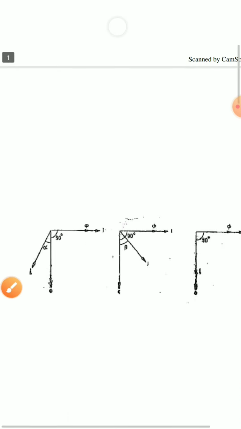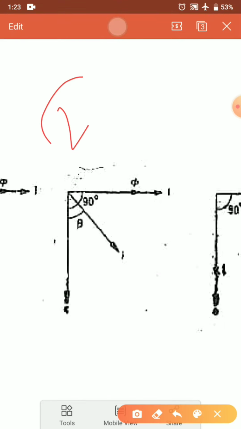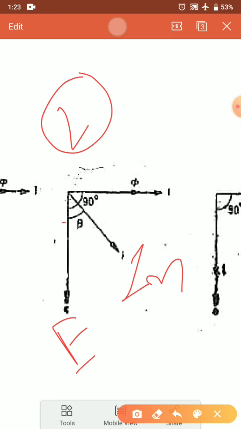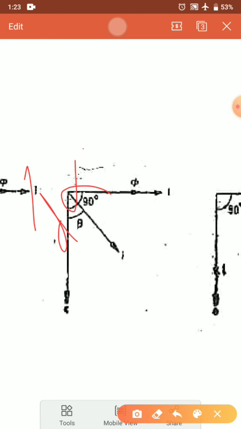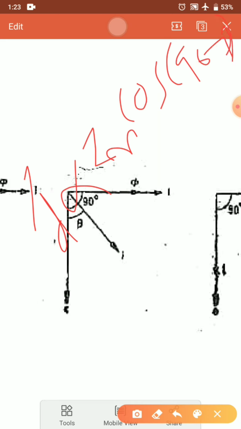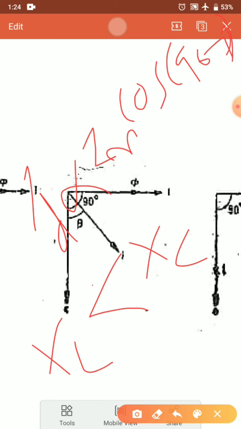Now let us look at the second condition. In the second condition, we can clearly see that the moving coil is considered to be capacitive. Hence IM leads E by an angle beta. The deflecting torque produced, TD, is directly proportional to IM cos of 90 minus beta. Here the capacitive reactance component is larger. As we know that XC is fixed, only the value of XL can be increased.